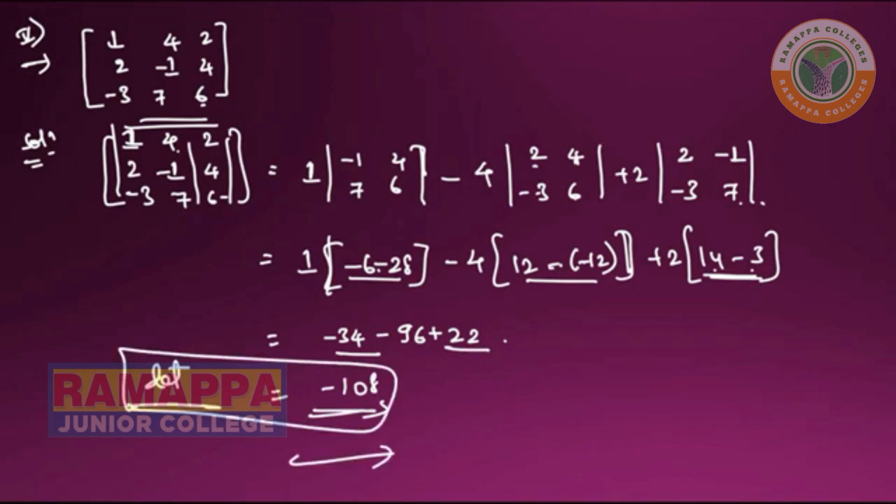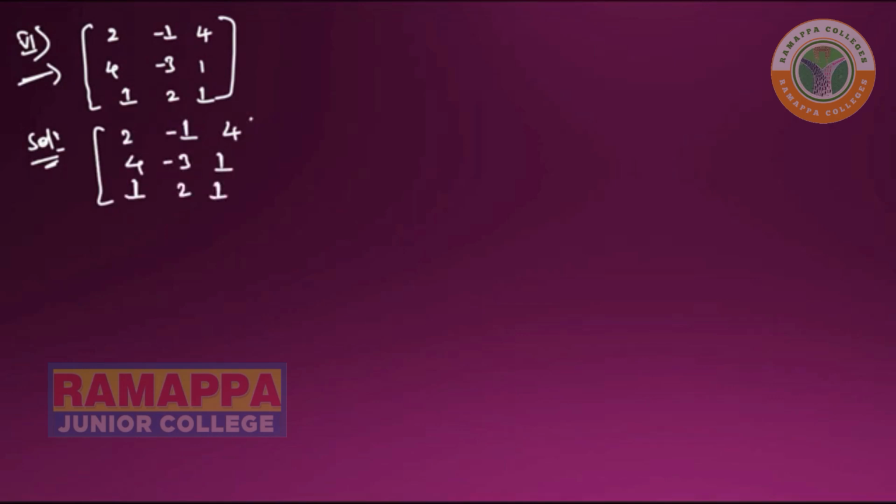So this is the given question's det. Now moving to the next one. Now the sixth question here, given solution. So what is given: 2 minus 1 4, 4 minus 3 1, 1 2 1 is given here. So 2 into det of